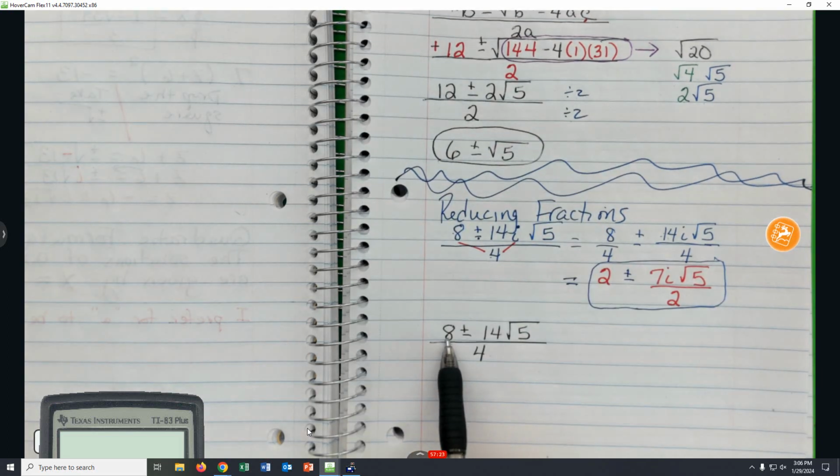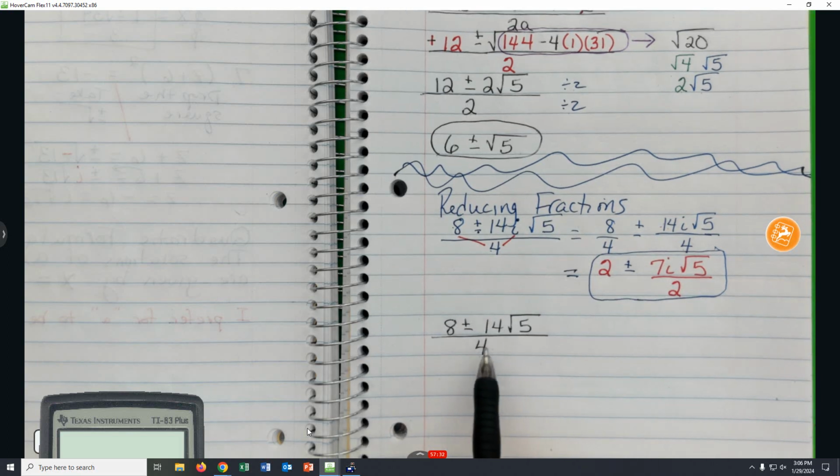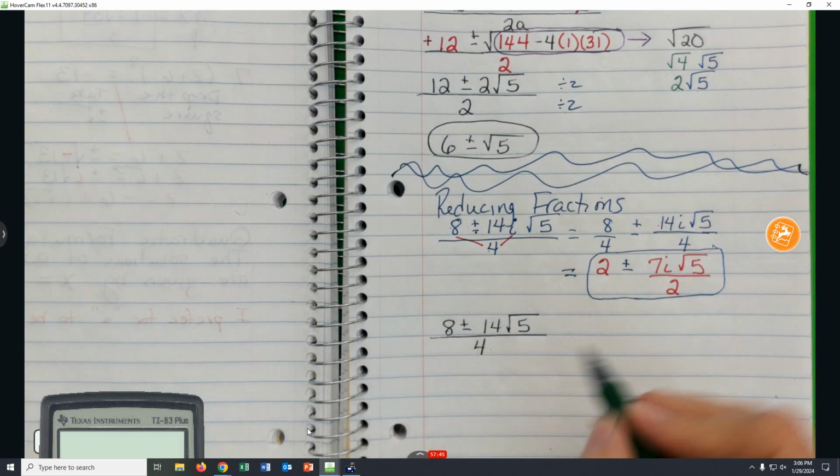Like looking at 8, 14, and 4. Is there a number other than 1 that divides into all of these? 8, 14, 4? That's the only number that divides into these three numbers. A 2, so divide each of these three numbers by 2,